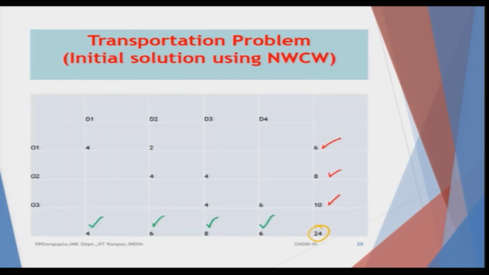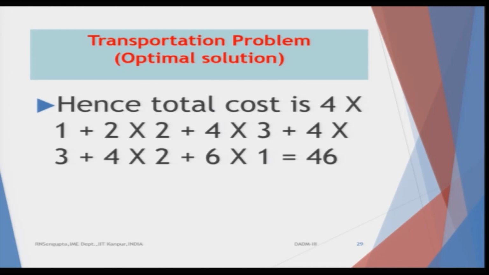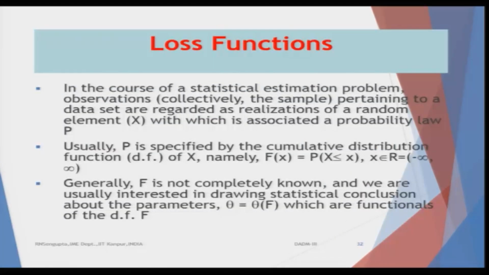So, if I see the values here, sorry, they were 46. So, I have been able to transfer all the amount of goods between origin and destination. Total cost comes out to be, if I add them up, which is 4 unit less, and it can be improved accordingly depending on the problems.